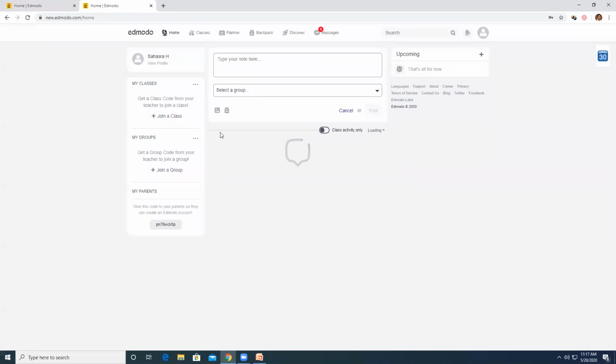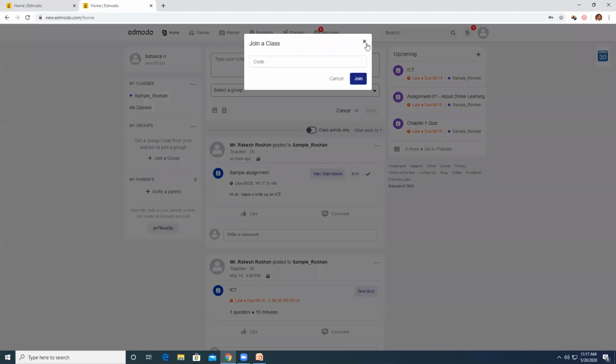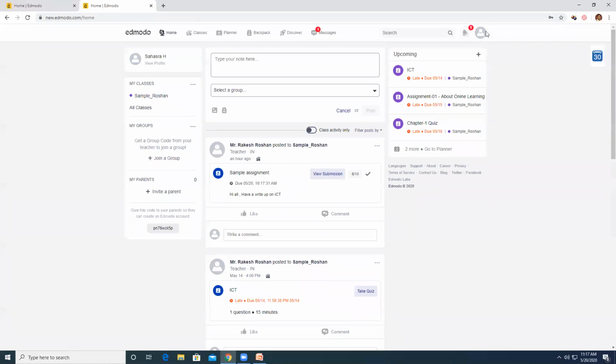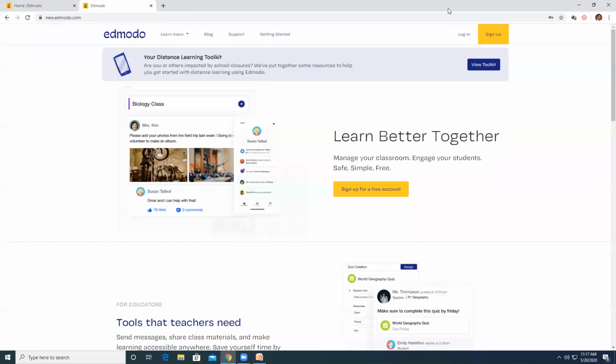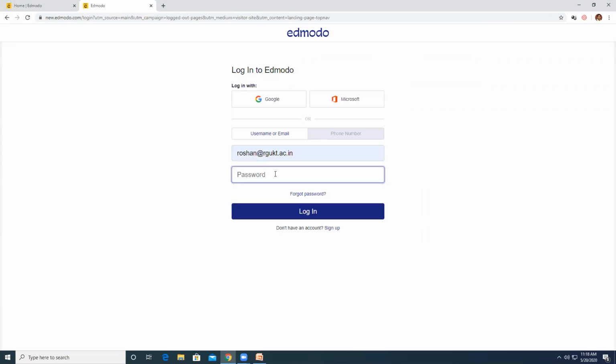So this is the second student. So here also you can join a class. Once again, I need the class code, right? Oh my goodness. Okay, no issues. I'll just log out from here quickly, and log in as the teacher because I want a class code. So I forgot to copy the class code. It just takes 1 minute hardly.